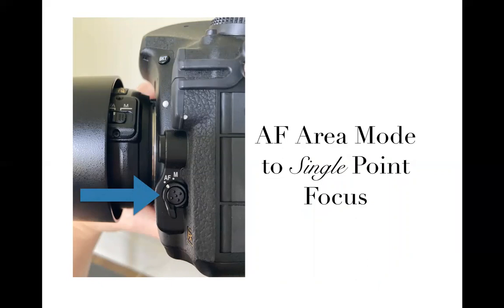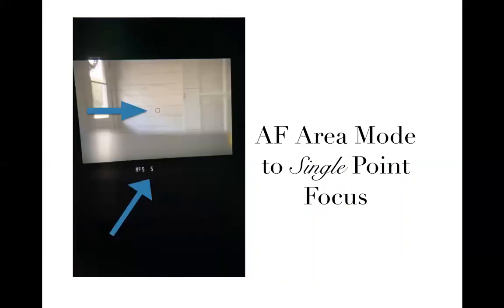Next to your fingers, and it's going to be AF or M. Number one, make sure it's on AF. And then the second thing you want to do is click the button. It doesn't look like a button, but it's totally a button. So click the button, and I want you to look either through your viewfinder or on the back of your